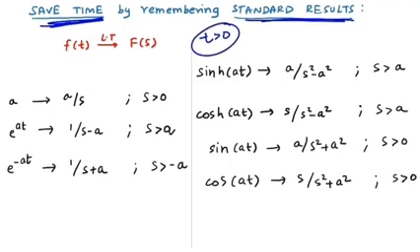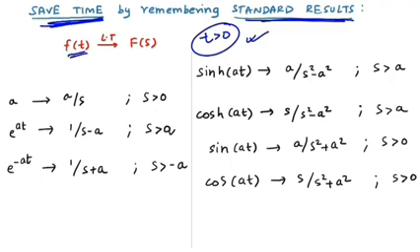This is a very important point, because your question might be: if my t is less than 0, will this standard result work or will it fail? So if your t is less than 0, there are some changes which I will explain in the next slide. But in this slide, if my t is greater than 0, all the standard results will work perfectly.